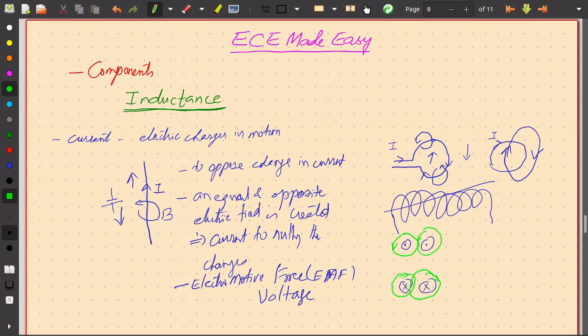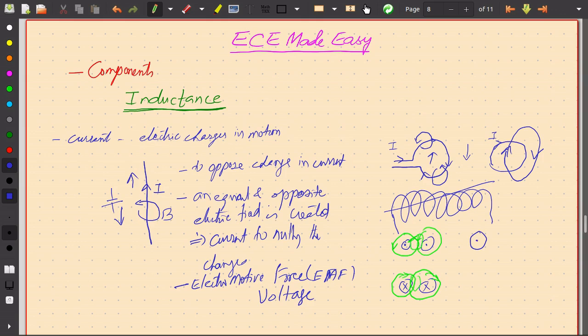Now if you look at this position, this flux line is upwards and this flux line is downwards, so the two nullify each other, and this one is downwards and this one is upwards, so it is nullifying here,